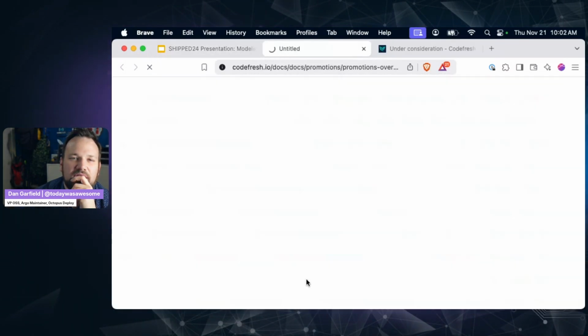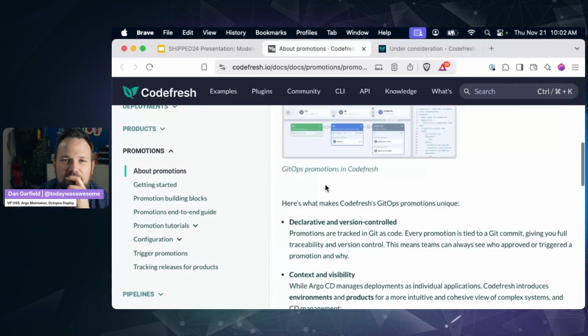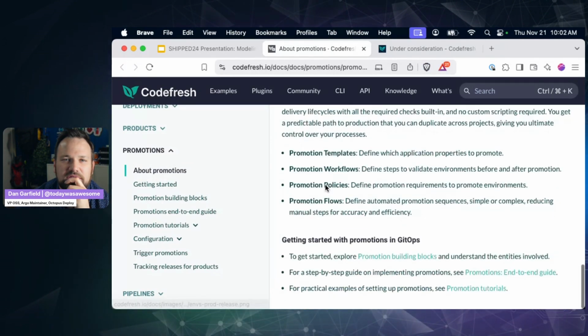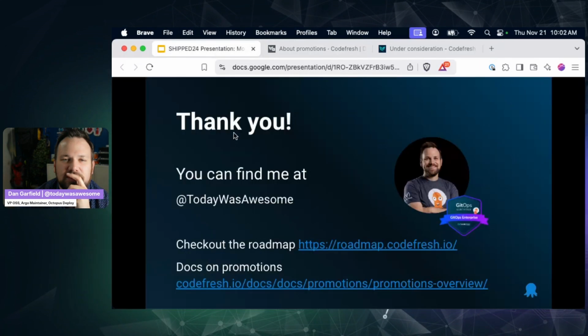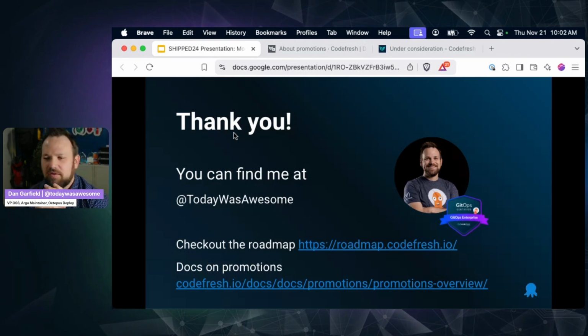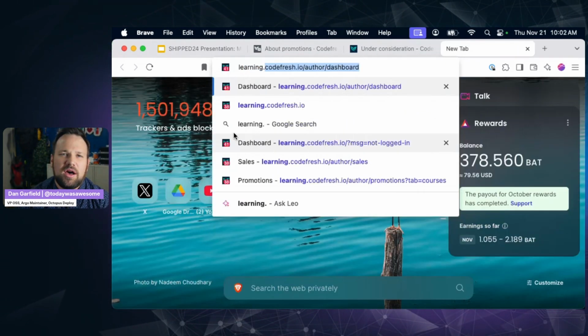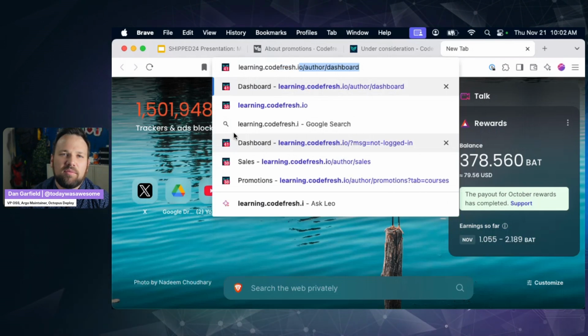And then our documentation here is great. It's going to go in depth on how all of those CRDs work, how the flows work, all those things are operated. And then, of course, if you haven't already done so, if you're not familiar with Argo CD, I would encourage you to go and check out our learning platform, where we have